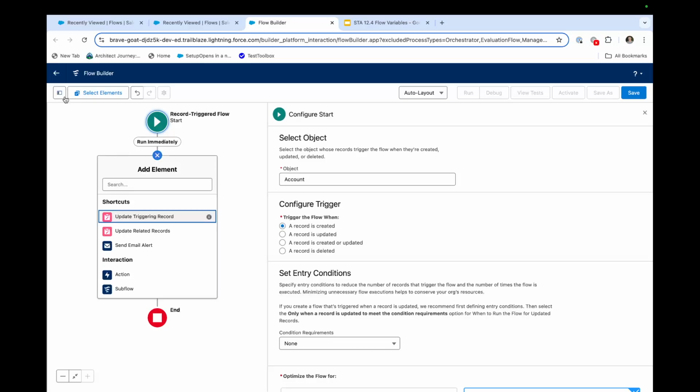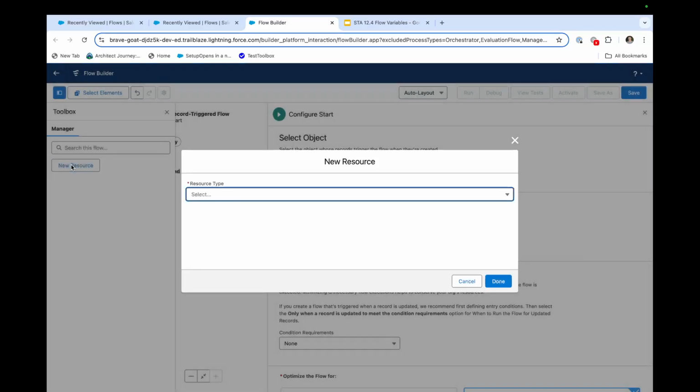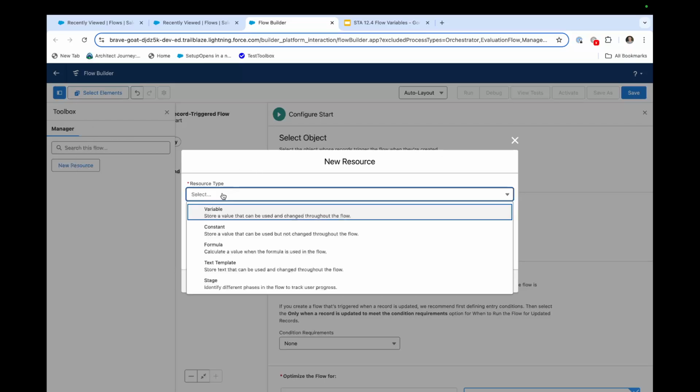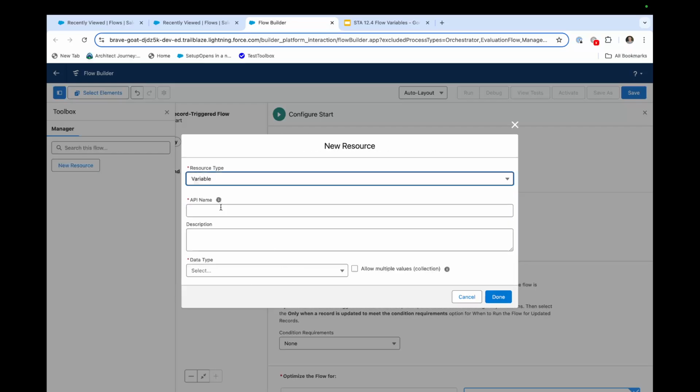But here, we can start adding elements. When we add elements, we can also come over here and create a new resource. These resources will be scoped for the flow, and what that means is they will be created and available all throughout the flow. There are a number of types: variables, constants, formulas, text templates, and the new stage. We're going to focus today on the variable. A variable, if you are familiar with code, is just creating a variable. But if you're not familiar, it could be a temporary holding spot for something that would carry through the life cycle of the flow. Now we're going to go and call it just test,